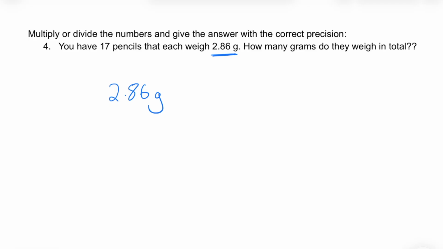However, the 17, the quantity of pencils we have, that is what we call a counting number. And why that differentiates itself from the measurements we've been discussing is that if we know we have 17 pencils, we're not confused between having 17.1 and 17 pencils, or having 17.001 and 17 pencils, right? We know exactly, to an infinite level of precision, that we have 17 pencils. So we can treat this 17 just like a